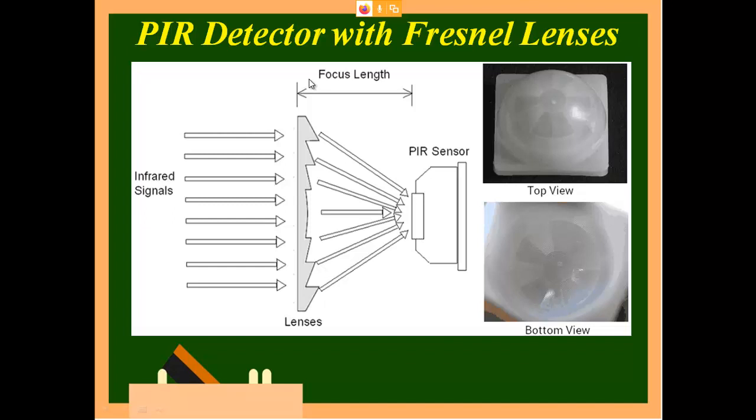So this is called the focal length. All this has been adjusted by the manufacturer itself. That circle diameter and all depends upon how you are going to focus, and wherever light falls on this particular semicircle, it will be focused on the center. So that is what the arrangement is.